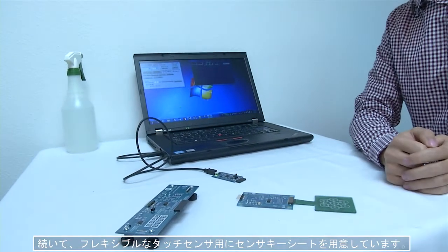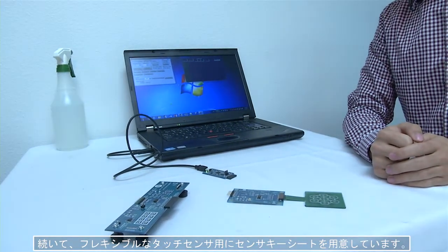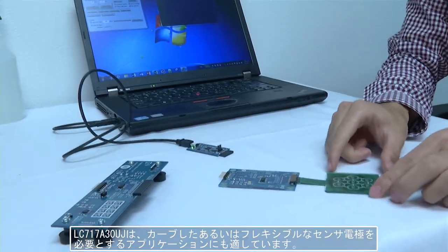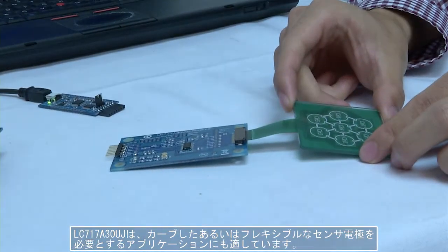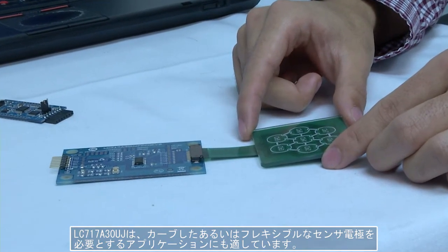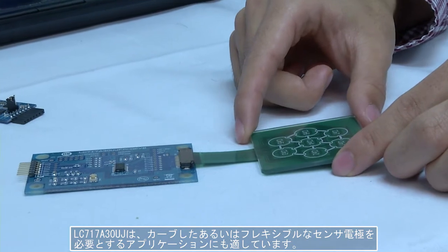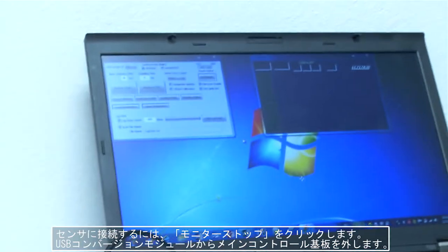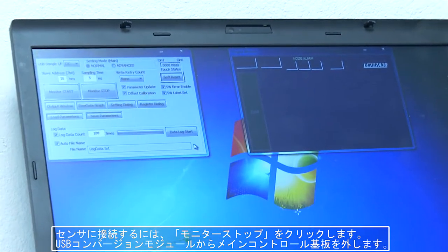Next, we have the sensor key sheet, where the touch sensor has been printed on a flexible circuit board. The purpose of this circuit board is to show that the LC717A30 can lend itself to applications requiring curved or flexible sensors. To connect the sensor, click Monitor Stop,